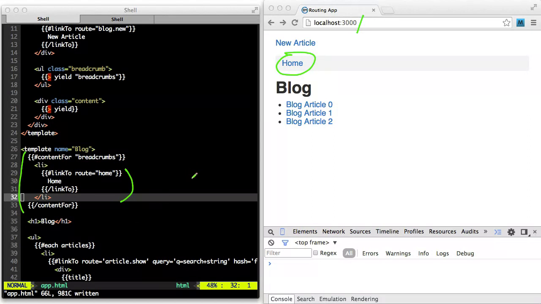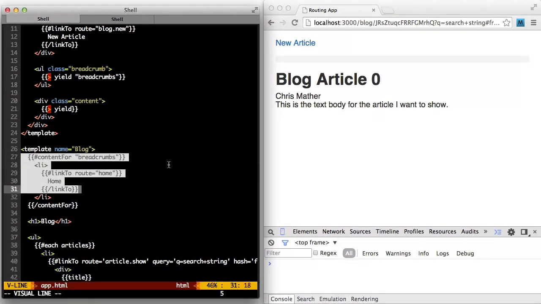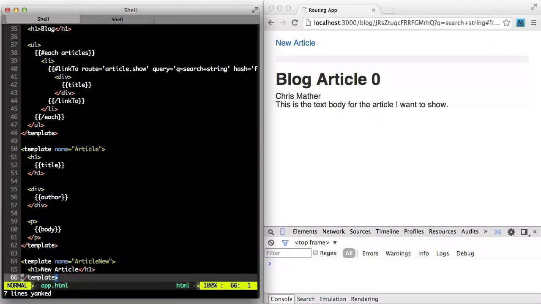Now we can just define it directly in the main template for the page and provide as many content for blocks as we would like. So now let's go over to the blog page and do the same thing for that route. I've clicked on the first blog article, and so far you can see the breadcrumbs are empty. So what I'm going to do is copy this piece of code here, and we'll go down to the actual